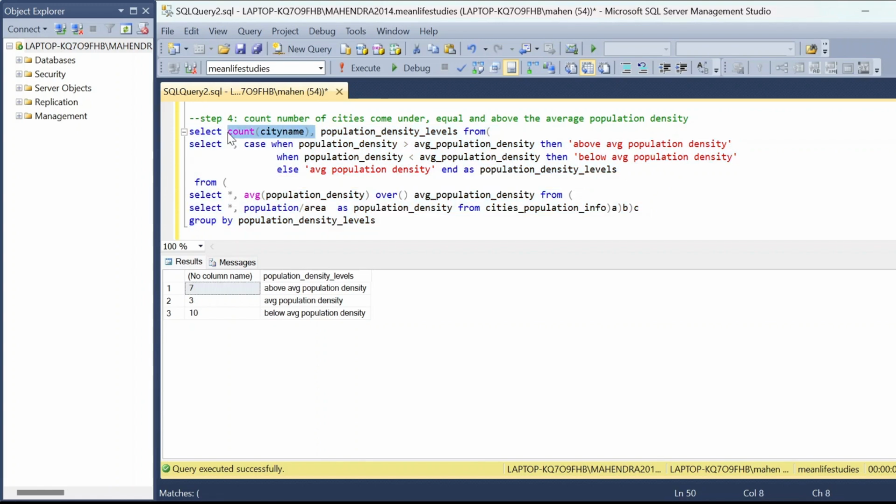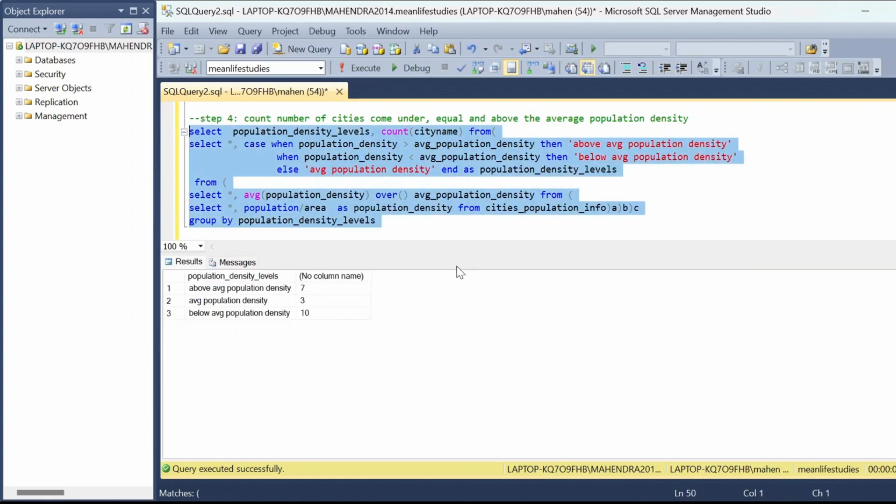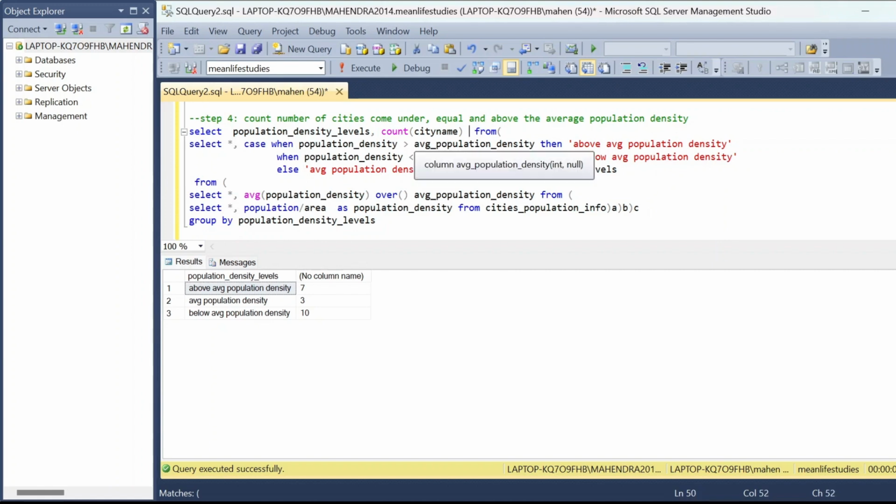Okay, now if I execute this query, you can see here we will return in a different way. I mean, reverse order. First we return the population density levels, and then we count. If I execute this query, you can see here we are getting population density levels, and these are the number of cities, right? I'm going to assign this as number of cities. Okay,